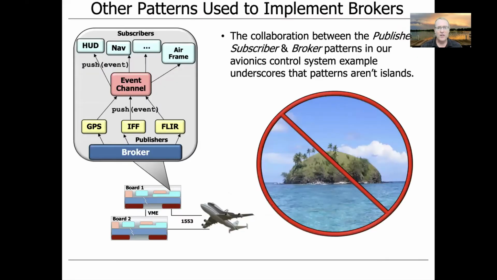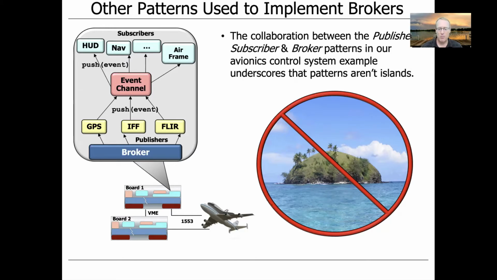So it turns out that the collaboration between the publisher and subscriber pattern and the broker pattern weren't the only patterns that we used in the context of our case study. And this is not at all unusual. As we've talked about a number of times before, patterns are rarely islands. So it's often the case that you use many more patterns, not just a handful, even ones as architecturally significant as